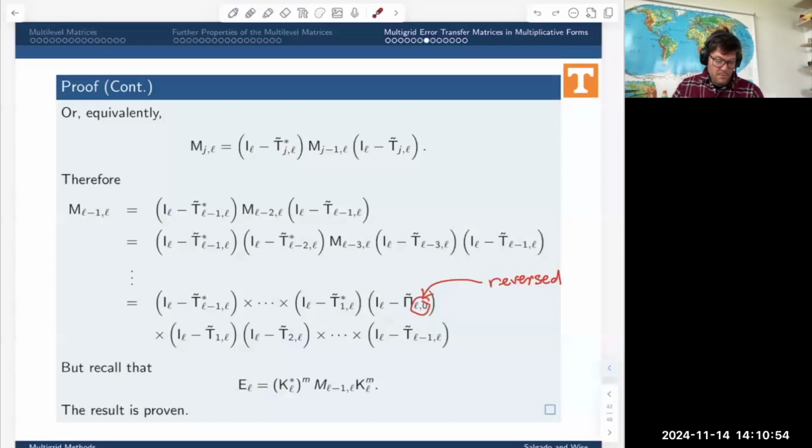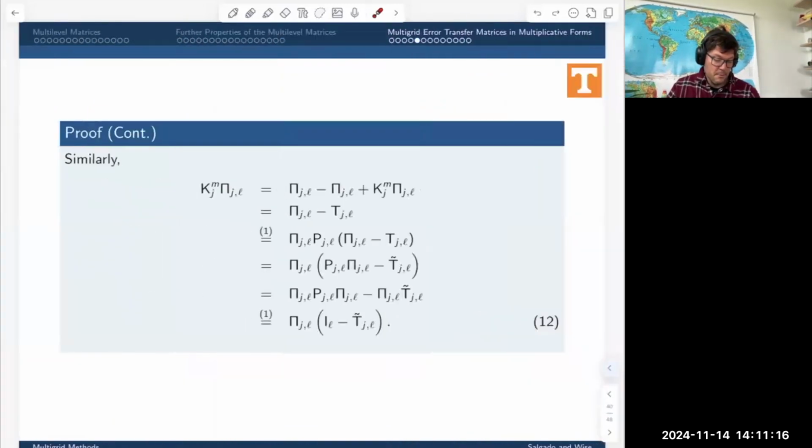All right, so now recall that EL is equal to KLM times ML minus 1L, and we just showed that this guy is equal to this product matrix. So this proves the result that we wanted, okay? So I'm going to have to stop there. So we've made it through, and we showed that